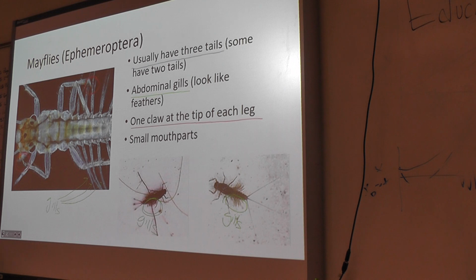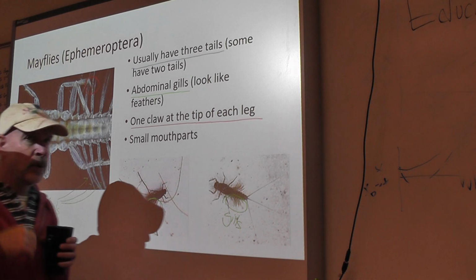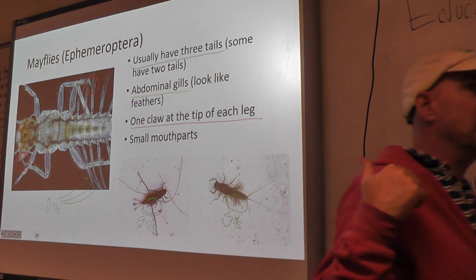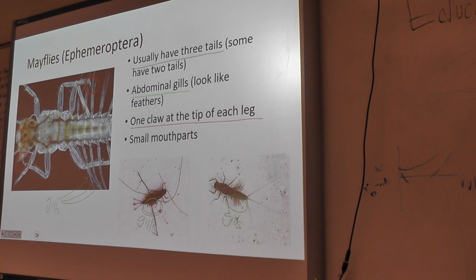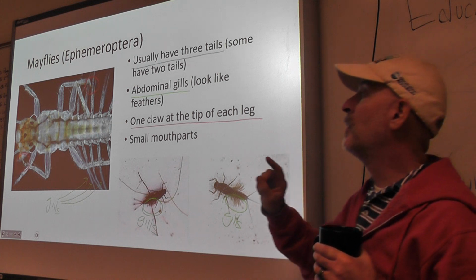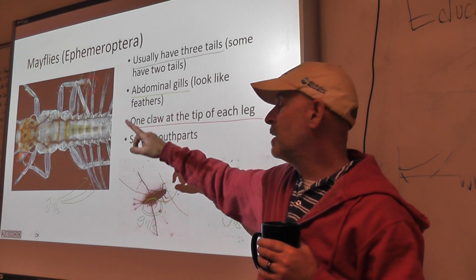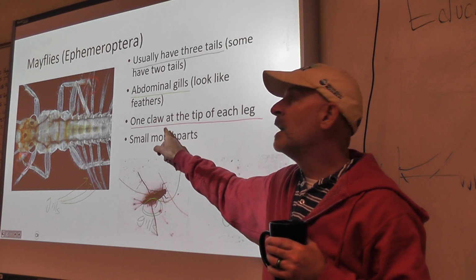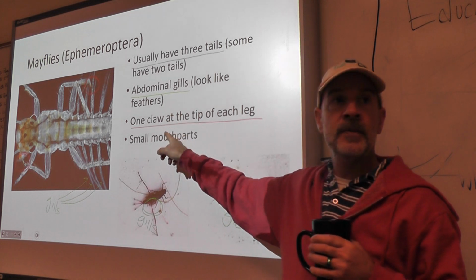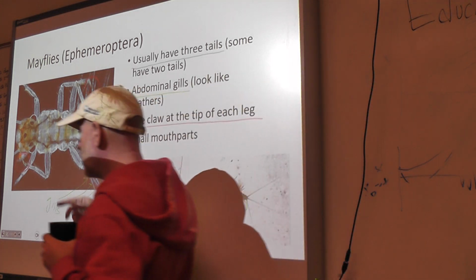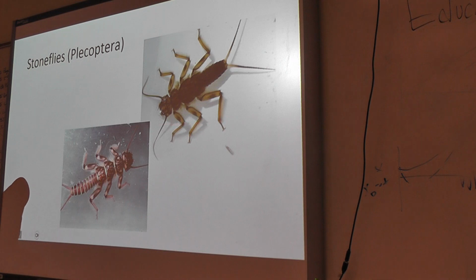Okay. So if you see one of these with 3 tails, it's a mayfly. If you see one with 2 tails, you have to look more closely. You have to check where the gills are located and how many claws it has. If the gills are on the abdomen and it has 1 claw at the tip of each leg, then it's a mayfly. If it has 2 tails,